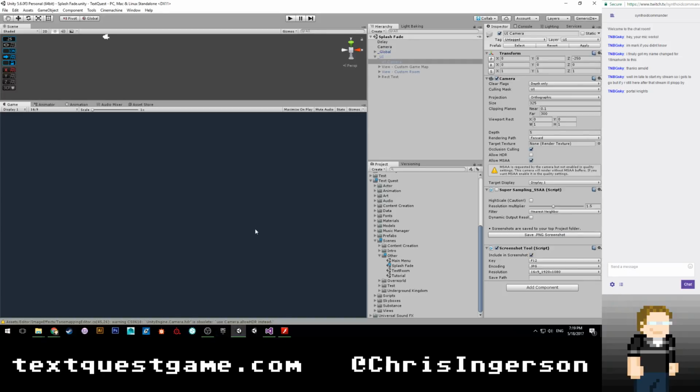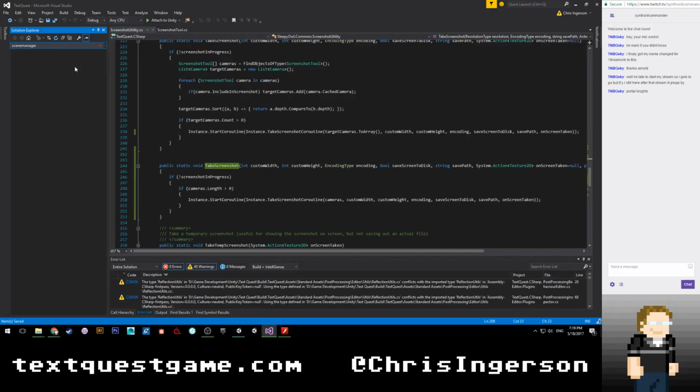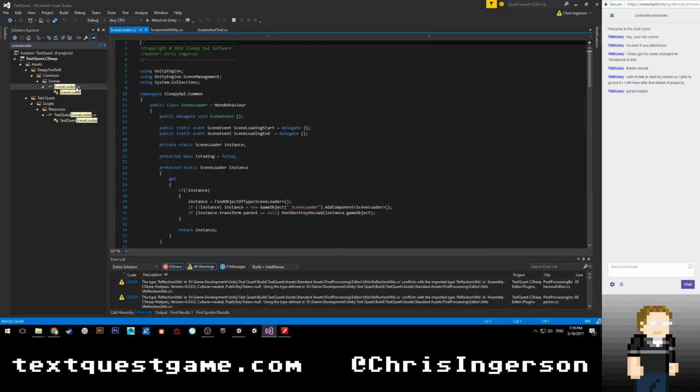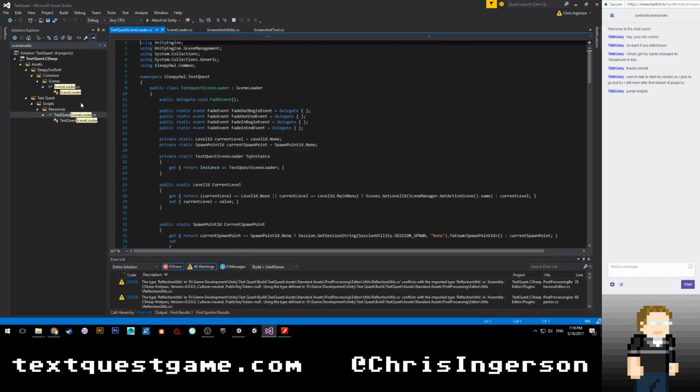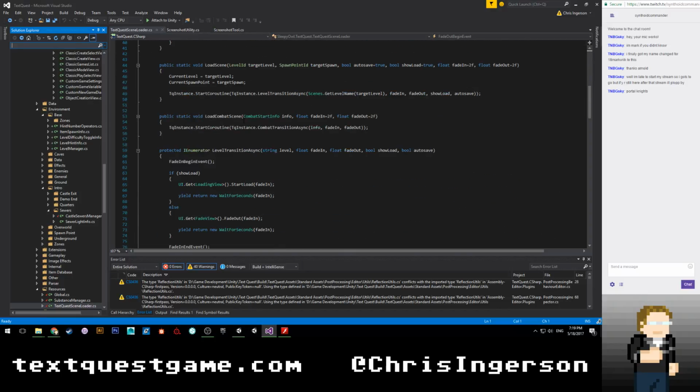So with that in there, I'm going to go ahead and say we need to open up, I think, Scene Manager. Oh, right. I called it Scene Loader because Unity took Scene Manager. All right. Let's see here. I probably also need